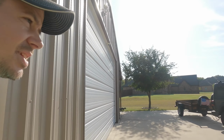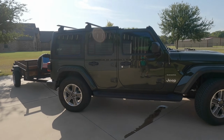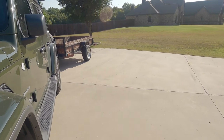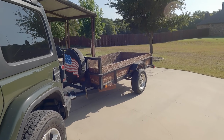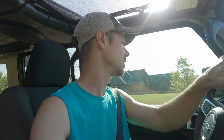Today's video is about towing with my 4-cylinder Turbo Jeep Wrangler. I've got an empty trailer back there. That's kind of a hybrid cross between a Harbor Freight trailer and one that I've heavily modified. So empty, it shouldn't be a problem, I wouldn't think, but I'm going to get a yard of dirt, probably